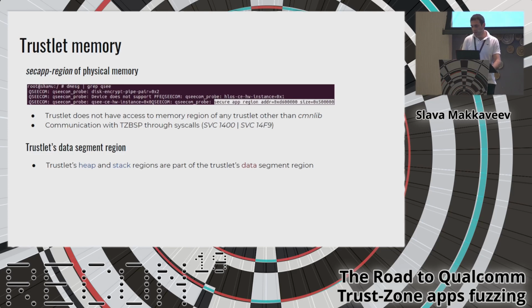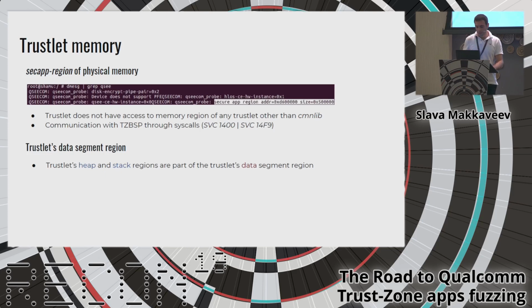The start address and size of this region can be easily found in the kernel log of Linux, and the trustlet is isolated from the rest of the system, and it doesn't have access to the memory of another trustlet except the common library. And there is only one way to communicate with the secure world: by using syscalls.